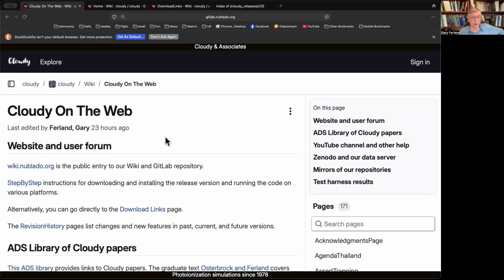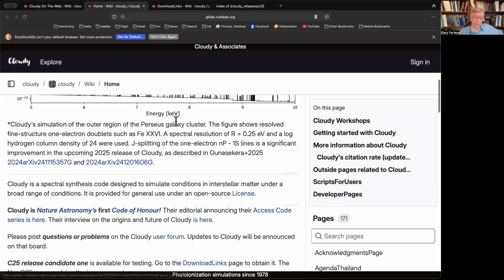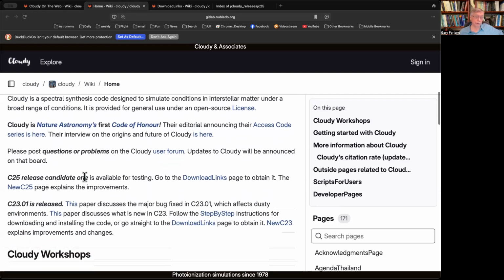Here's our main Cloudy web page that we talked about yesterday, and the first link is our wiki, wiki.nublato.org, main site, or just go straight to wiki.nublato.org. This is the top of the page. It shows a few things we're proud of, and we get down to the two versions of Cloudy that are